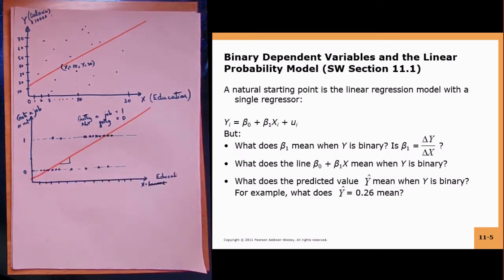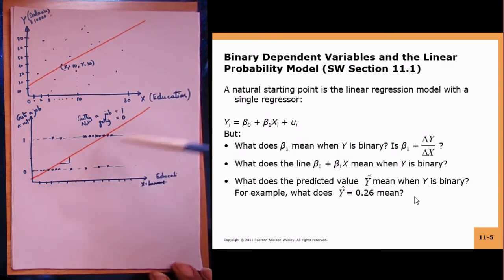Okay, so what does y mean, and what does beta 0 plus beta 1x mean when y is binary? What does beta 1 mean? And what does the predicted value y hat mean when y is binary? For example, what does y hat equals 0.26 mean? Okay, so you can't really interpret this kind of a result when you use a linear regression,